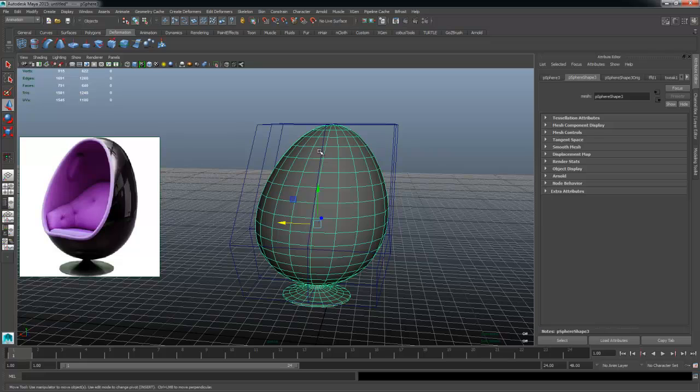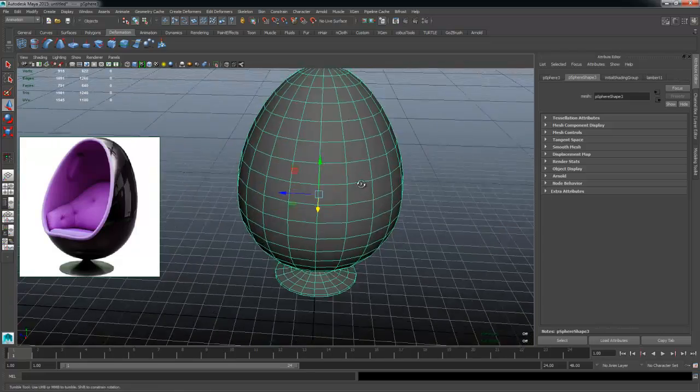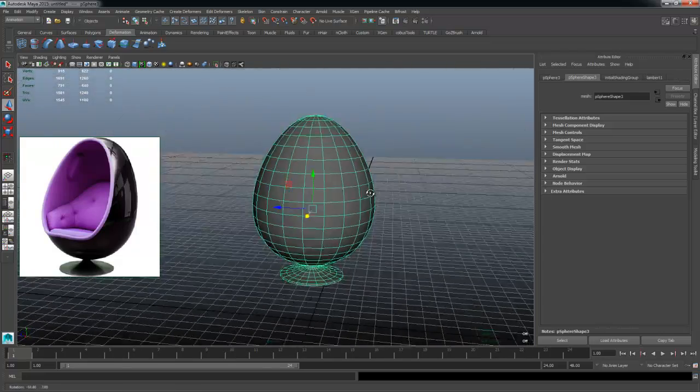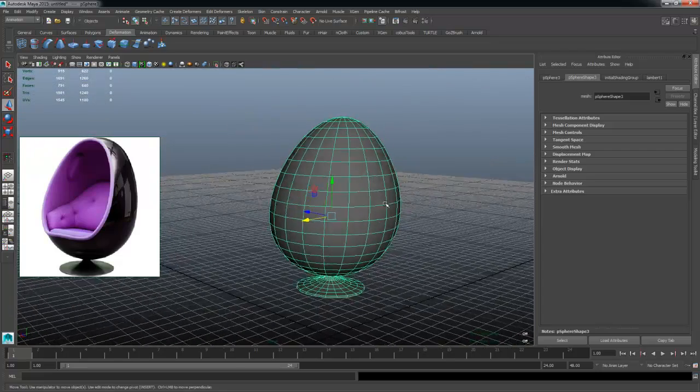The reason why I do that is so that the lattice deformer and the modifications to the lattice are now baked into the shape of the polygon model, and that will then get rid of the lattice tool for me, and then that leaves me with the result that I can then go and tweak further and manipulate. So now that I have the egg shape